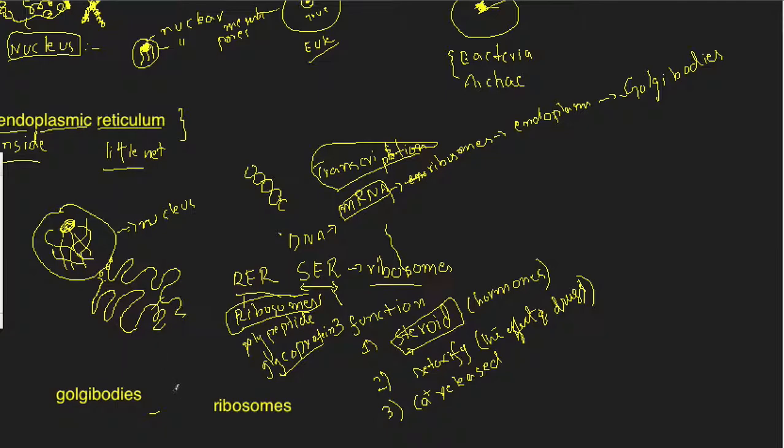So, a little bit of review here. The smooth endoplasmic reticulum has three functions: it produces steroids, detoxifies, and stores calcium ions. And the rough endoplasmic reticulum helps in producing protein, and it produces the plasma membrane because it has enzymes that help to produce phospholipids, and phospholipids are a part of the cell membrane too. So the rough endoplasmic reticulum basically has two functions: it produces the cell membrane and